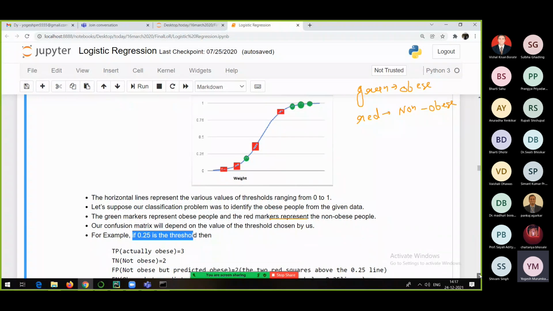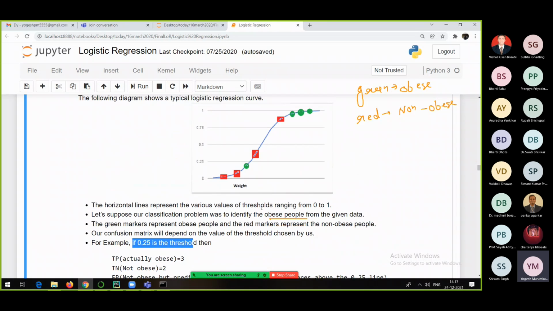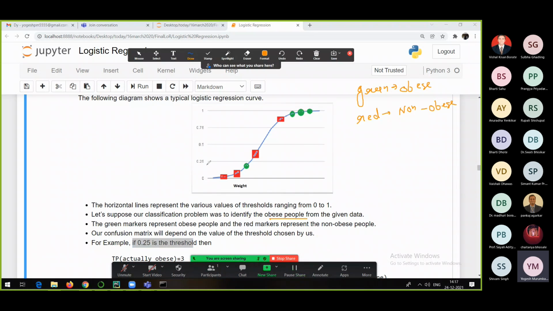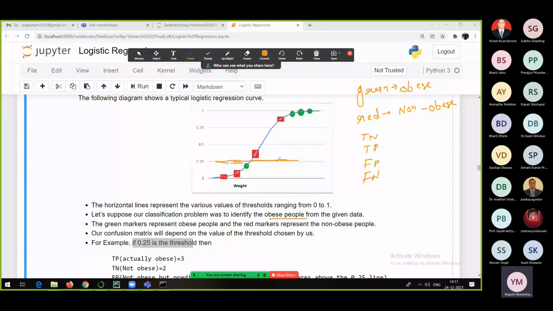If you take 0.25 as a threshold value, we will try to come up with the values of true negative, true positive, false positive and false negative, because the confusion matrix will have all these values.